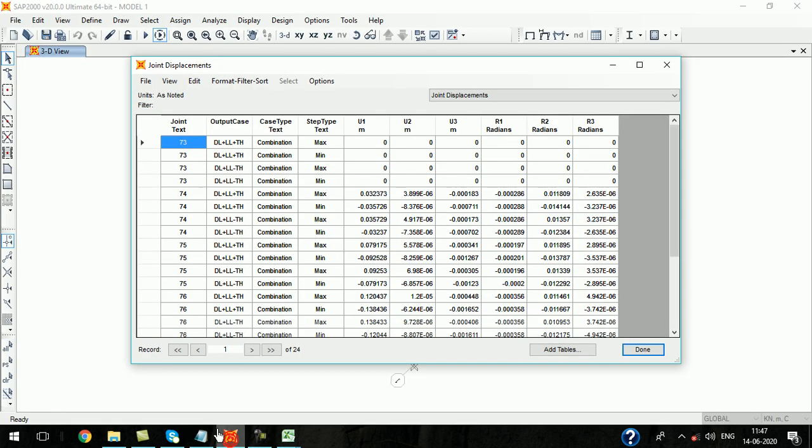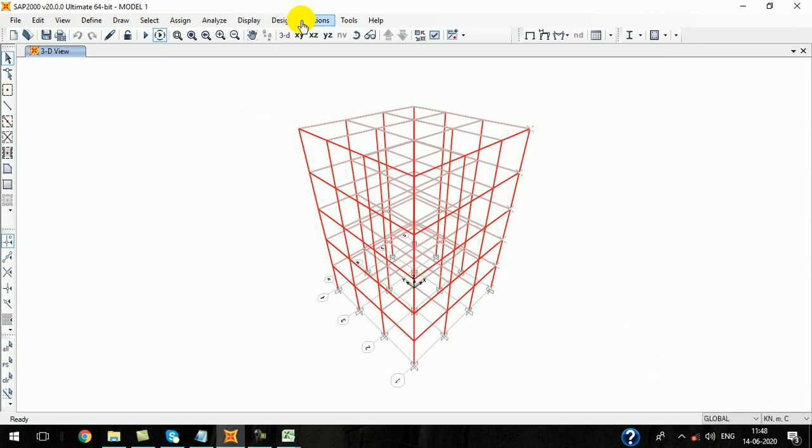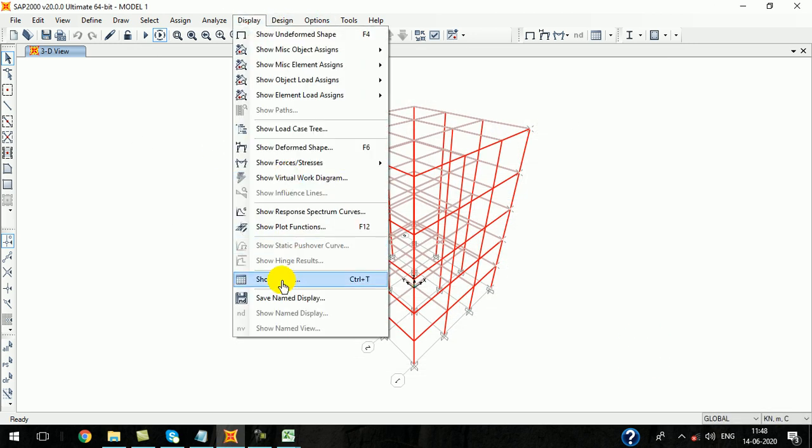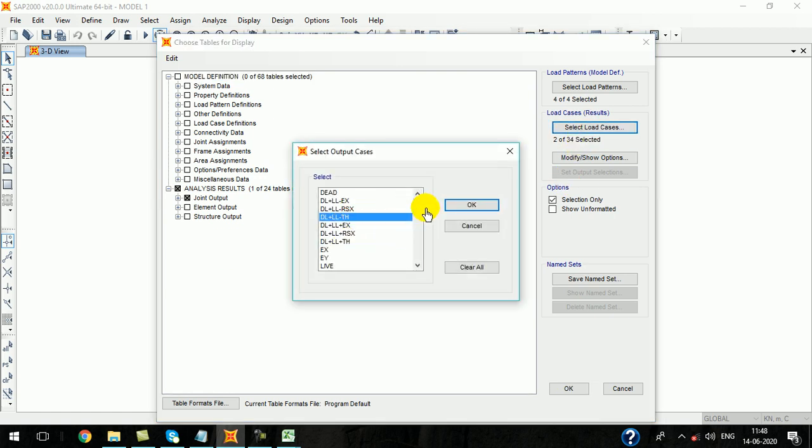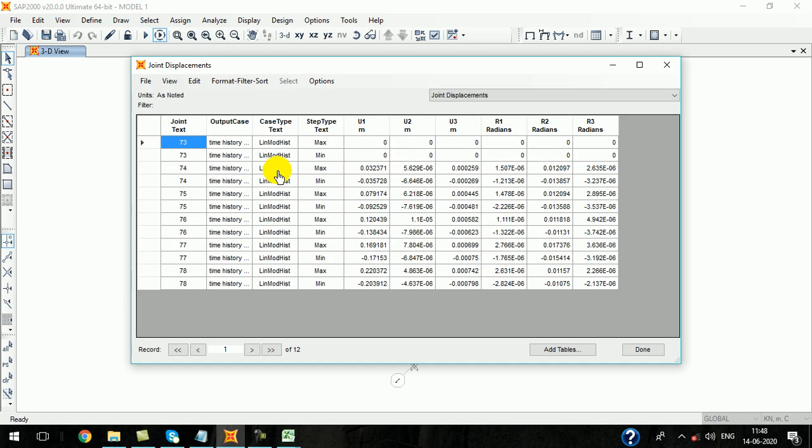If you want to check only the time history, go to Display, Show Tables, remove this one, select only the time history El Centro function, click OK.